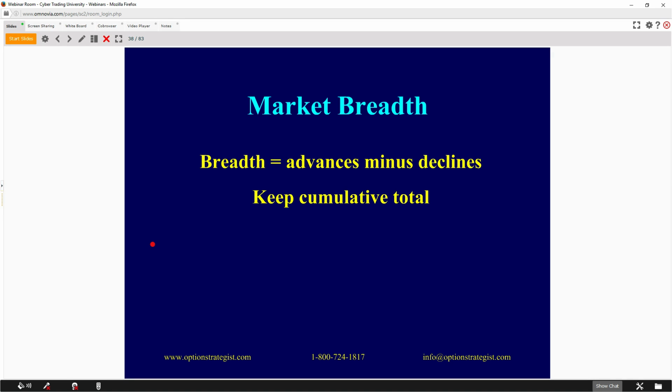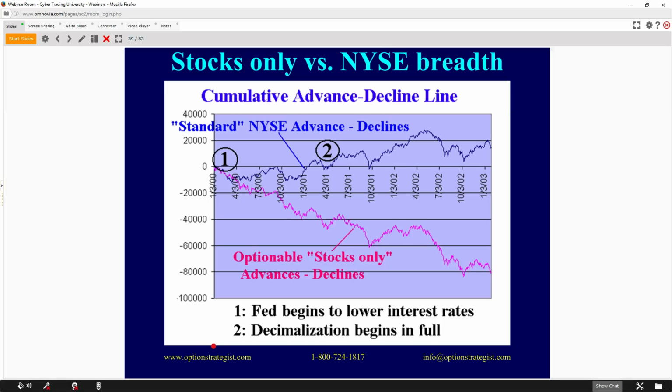And breadth is very simply advances minus declines, and we can do various things with it, but typically the most obvious thing you do is you keep a cumulative total, a running total of market breadth. Now, New York Stock Exchange market breadth is the one that people pay attention to the most. Well, let's say probably novices pay attention to the most, but professionals have long since realized that there's problems with